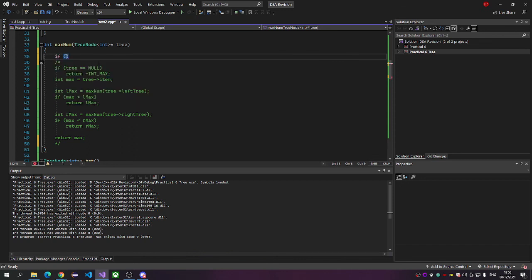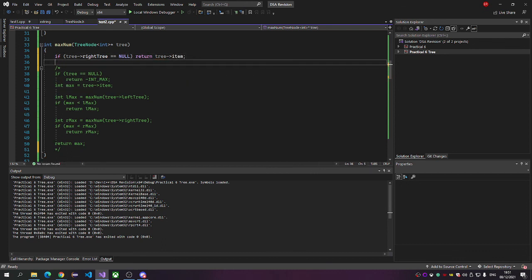So if the right tree is null, there's nothing greater than it. You would return just the value, because you know there's nothing greater than this value. If it's a balanced, sorted tree, and it doesn't have a right node. Otherwise, if it does have a right node, you literally return